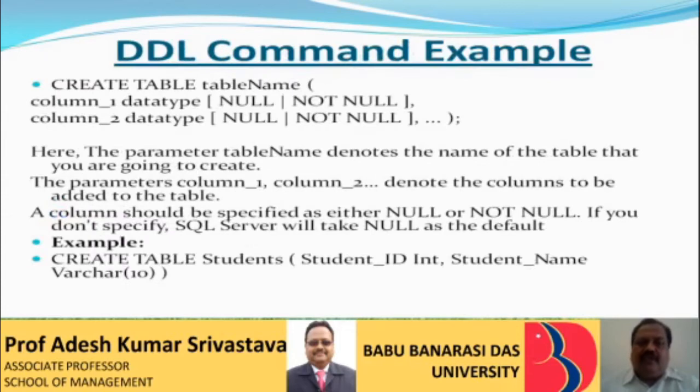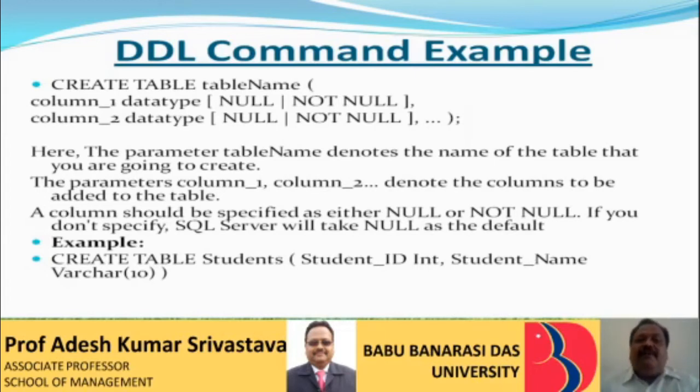Now we switch to the next command. Rather, we'll take some more examples of the create table command. If you want to create a table, this is the complete structure of that command. Create table, then table name, and within parentheses we write all the column names with their data types and specify null or not null. I hope you know about this specification, that is null or not null. I'll discuss it just now.